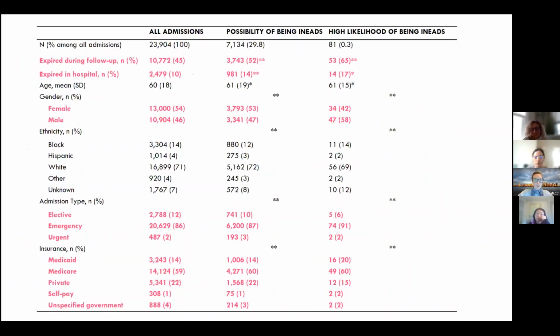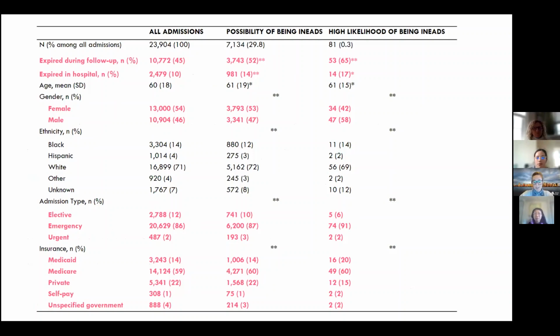So I did just want to show, we didn't talk about the demographics of the whole cohort yet. You can see the column that says all admissions is telling us about the whole cohort in general. And I think it is reflective of what you would see in an East Coast big academic medical center. But we did want to just highlight the differences between the whole cohort versus the patients that we